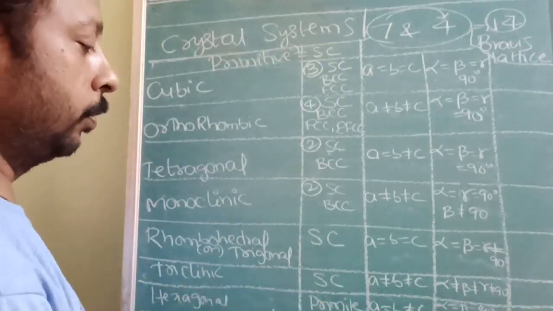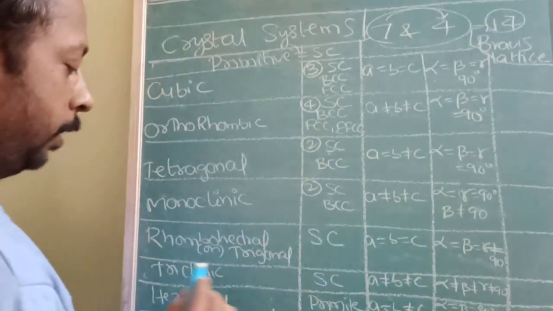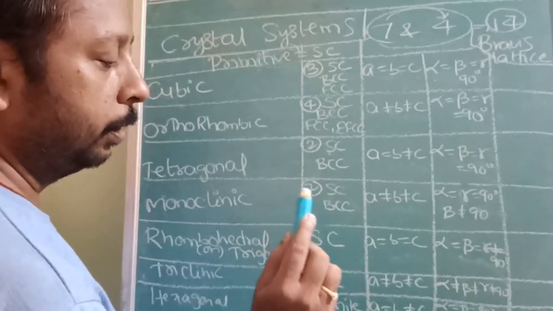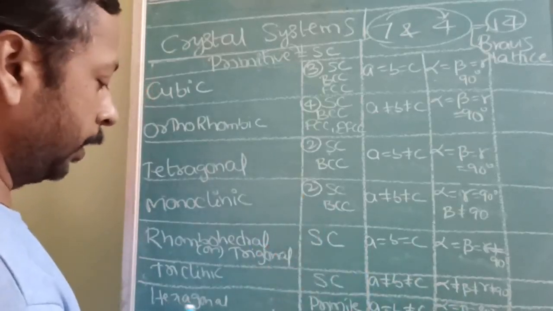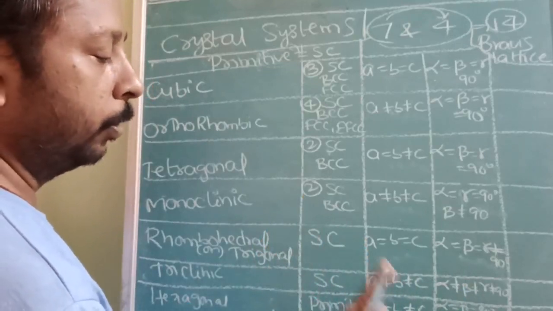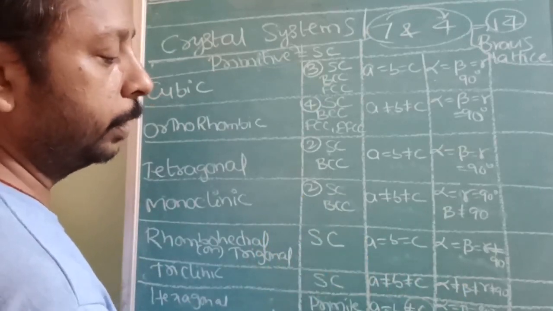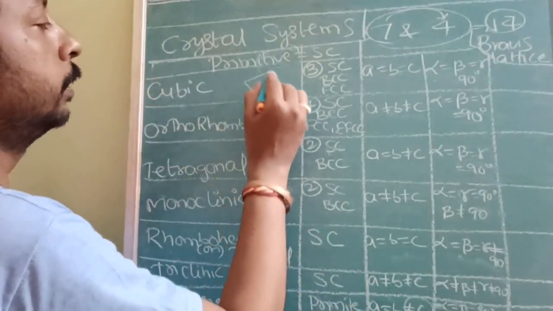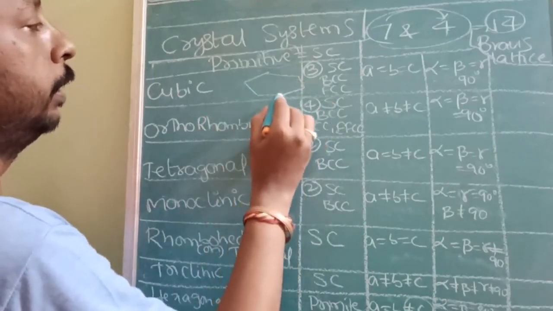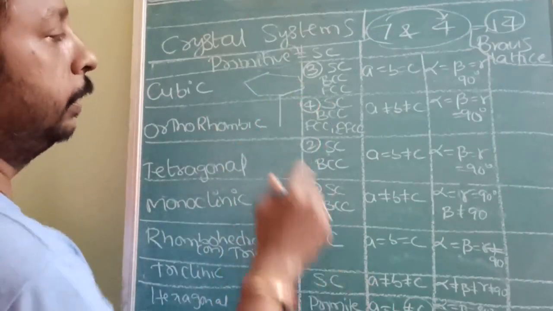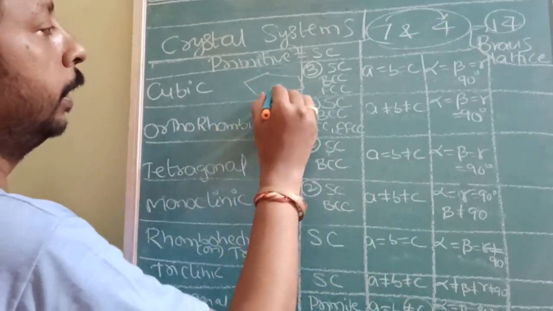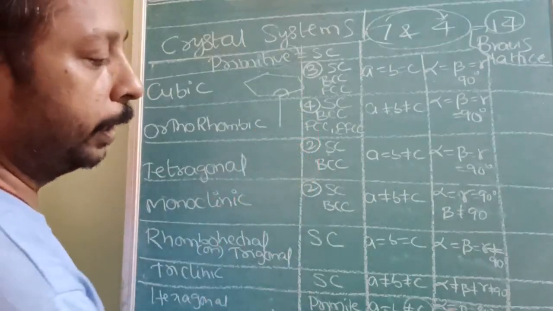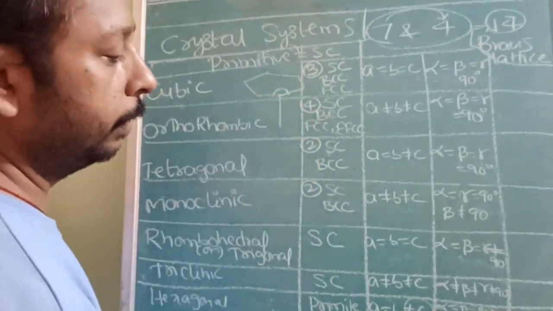So triclinic up to here, rhombohedral here. Next, triclinic: all angles are different, all lengths also different. Hexagonal: there will be only one angle and one distance that is different. One angle will be 120. Hexagon means this angle will obviously be 120, and the height will be different. The remaining angles will all be 90. Only this angle will be 120.